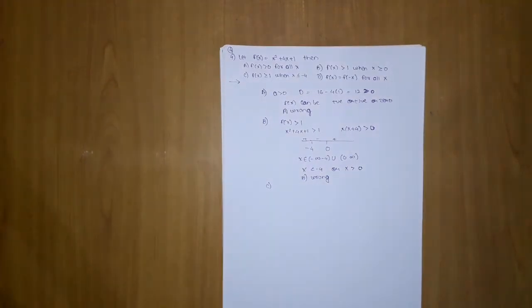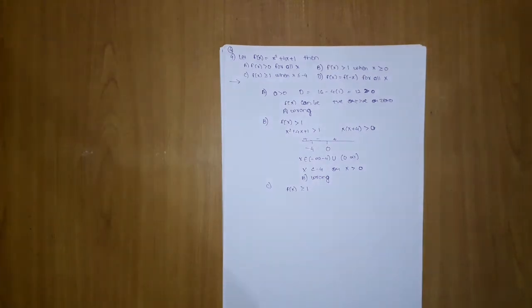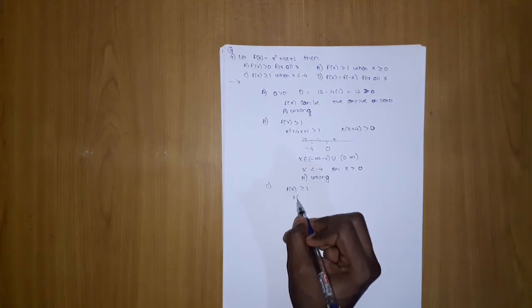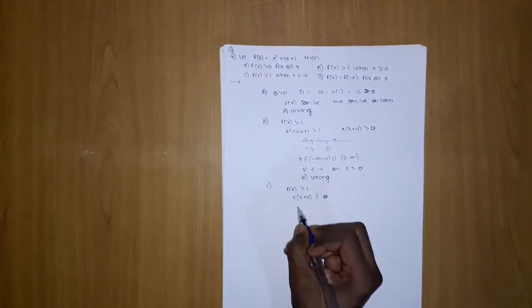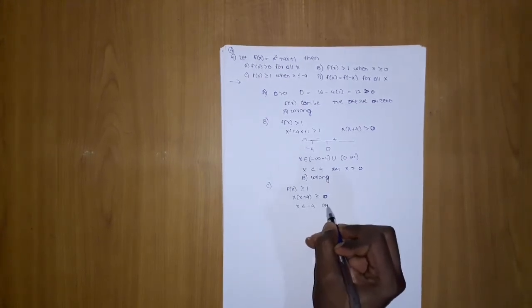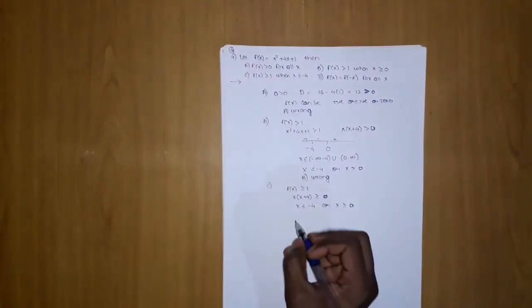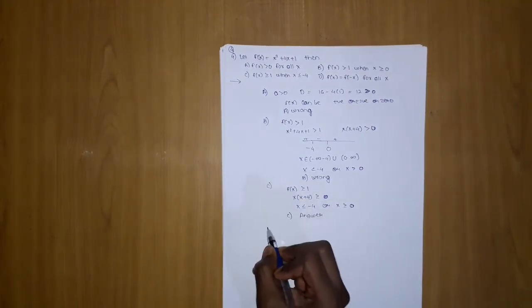Okay, so let's move on to the third option, which is telling f of x is less than or equal to 1. In such cases, don't get scared by seeing f of x greater than or equal to 1. It is just telling us to put the f of x and equate it to get a function and find its x nature. So here we will do the same thing, and here it will also be x into x plus 4 greater than or equal to 0, and here we will get x less than or equal to minus 4 or x greater than or equal to 0. But here they have given one option which matches, so this is the correct answer, right? C is the answer.